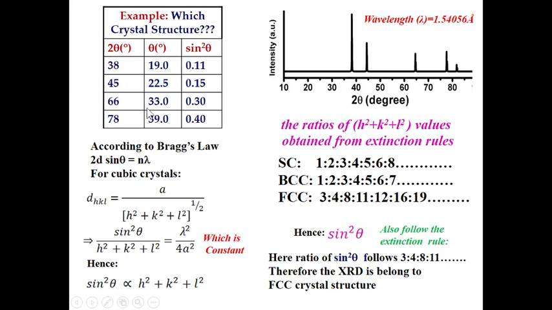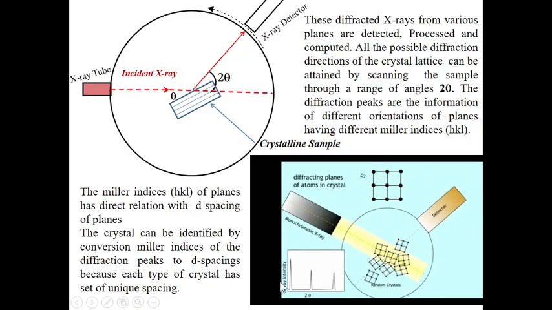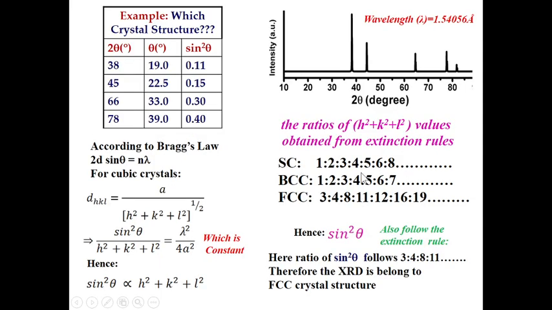Here is one example we are going to consider. Suppose we have this X-ray diffraction pattern. After doing the X-ray we can get this pattern, so we have data like this. At around 38 degrees 2θ one peak is there, and around 45 another peak is there, that is your reflection. Remember, these reflections are the information regarding planes. Each peak means one plane, and this is another plane, like that.